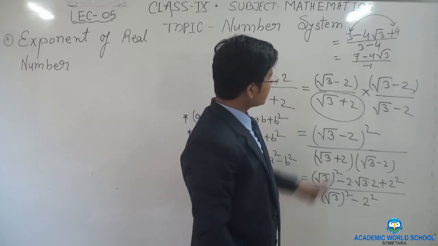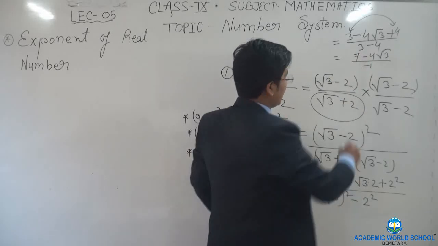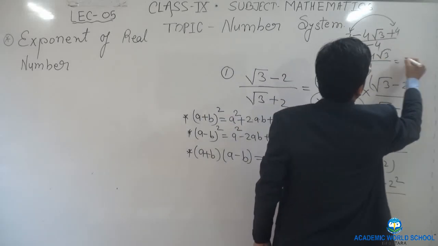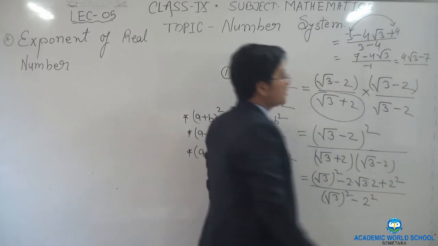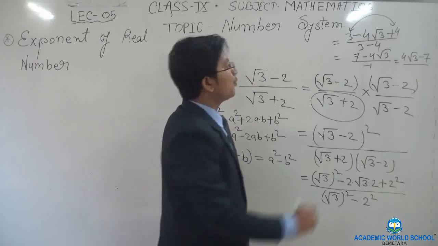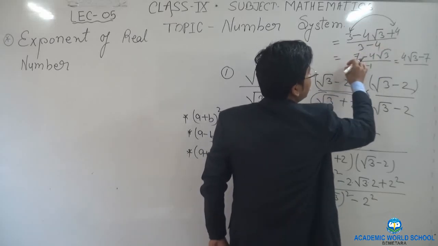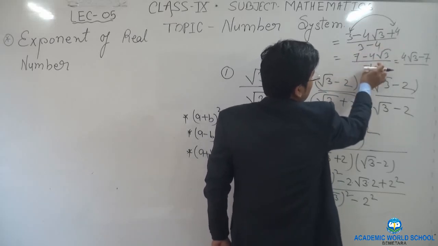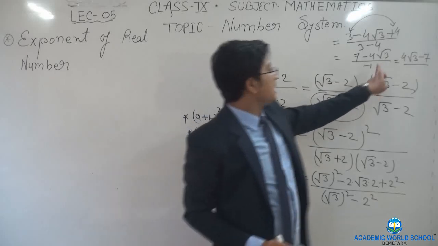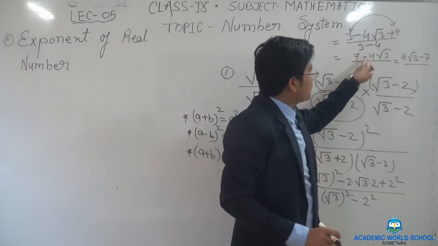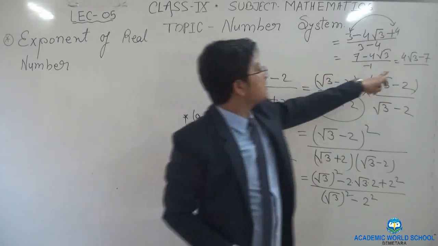So now if I multiply by minus sign on both sides, this will now be 4 root 3 minus 7. This is the answer. What I have done is I have taken minus sign common from the numerator, and this minus 1 gets cancelled with this minus 1. If I am taking minus sign common, it will change the sign. So this will become positive, this will become negative. So this is the answer.